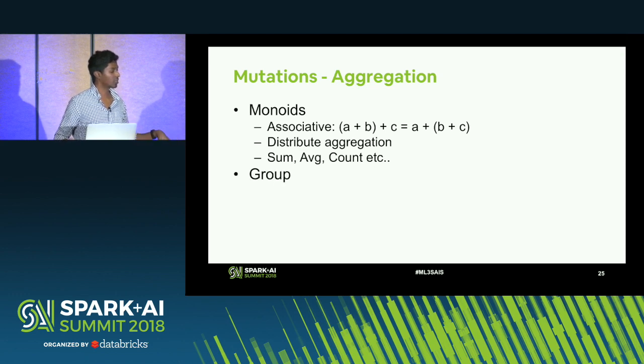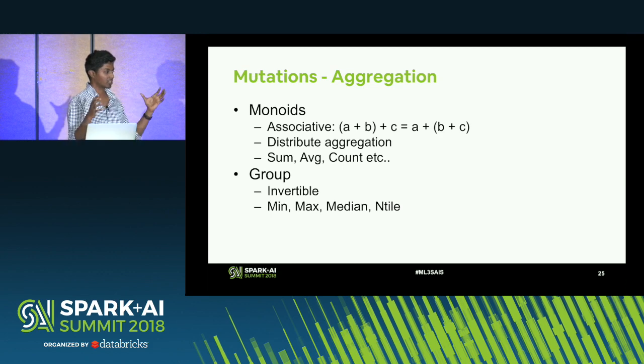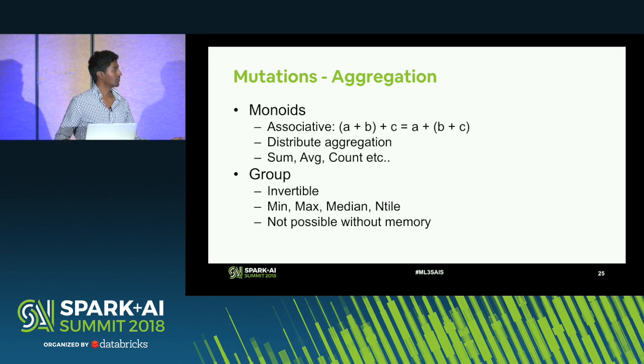But mutations need a stronger guarantee, which is called a group, which means they're invertible. Things that are not invertible are min, max, median, percentile. So what I essentially mean is that, let's say you have a minimum value that you aggregated across 7 days, and you deleted that, right? What will the new value of the minimum be? You cannot do that efficiently without keeping the entire history of the values with you, right? There are certain compromises that you can make. You can store top K elements and reverse deletions. And for medians, you can use histograms to compute approximate medians. And Zipline offers this compromise,